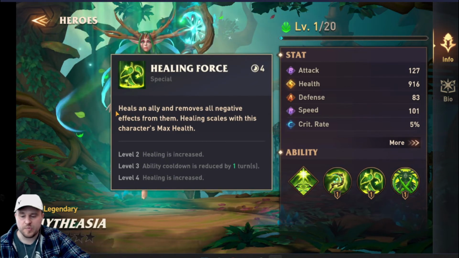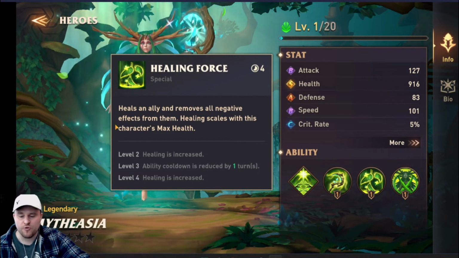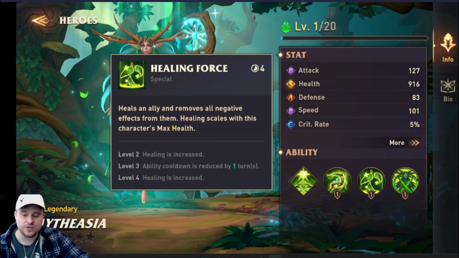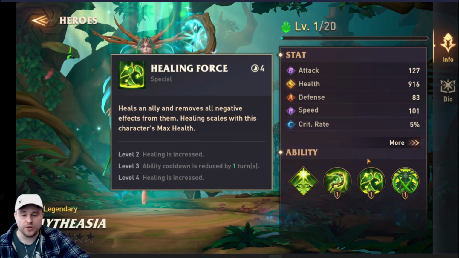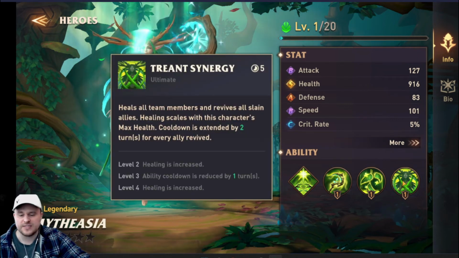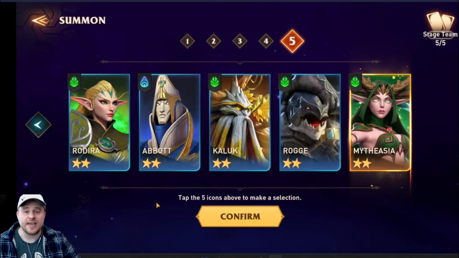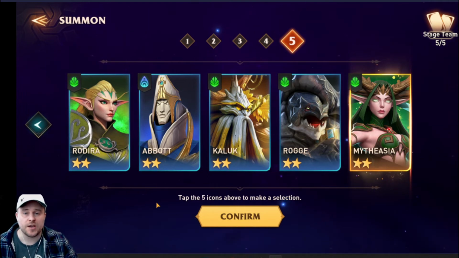Her secondary ability heals an ally and removes all negative effects from them. Healing scales with this character's maximum health. So build her really tanky and she's going to heal for days. Amazing. So when you get to this stage, and if you're not sure what heroes to pick, for that, I